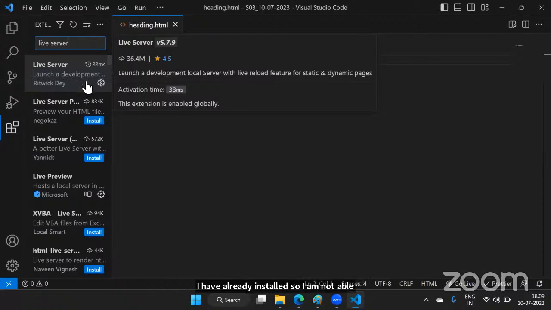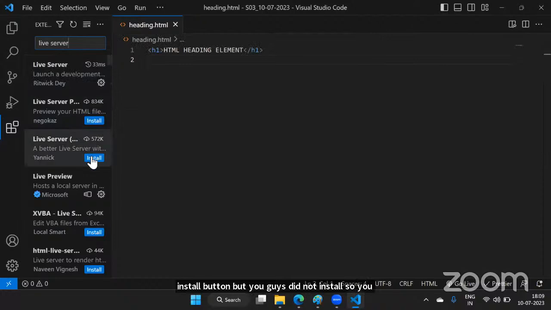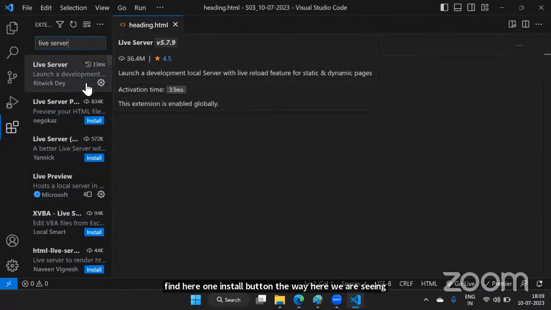But those of you who did not install it will find one install button here, the way we are seeing the install button. Now just click on that install. It will just take 3 or 4 seconds to install this extension. That's it. Now once this extension is installed,